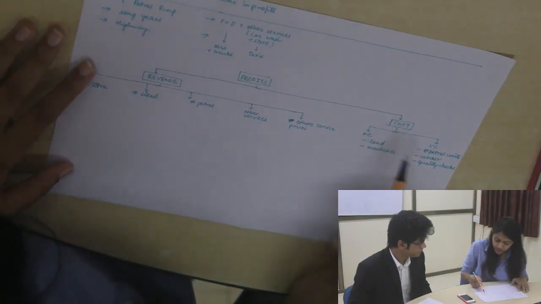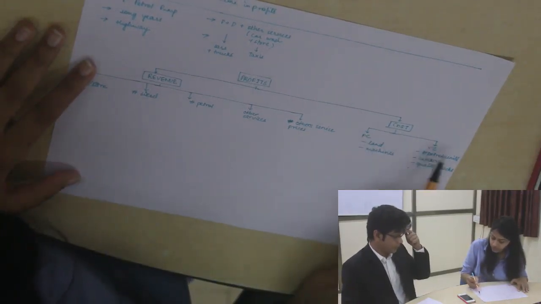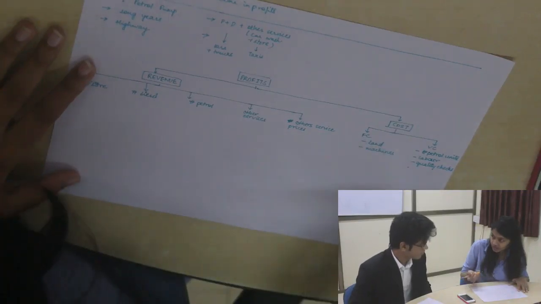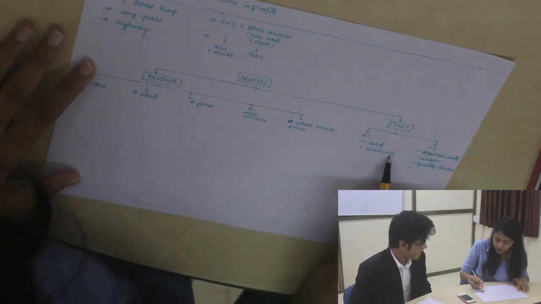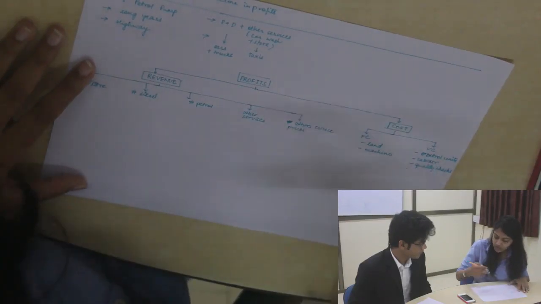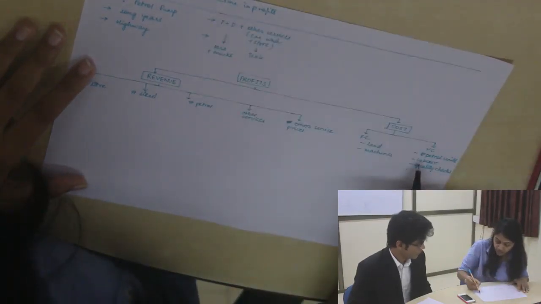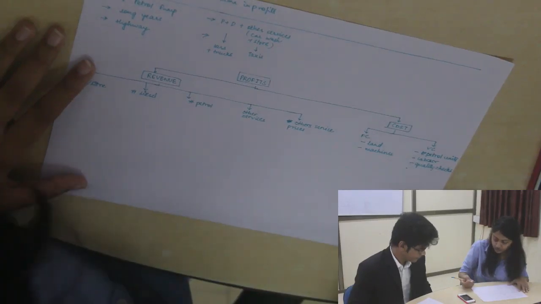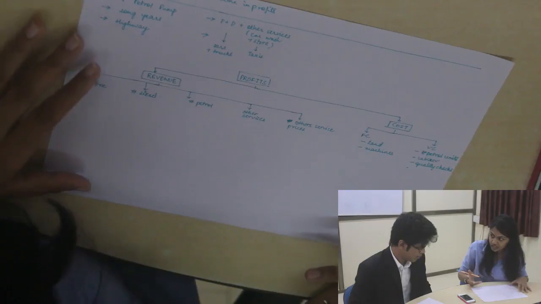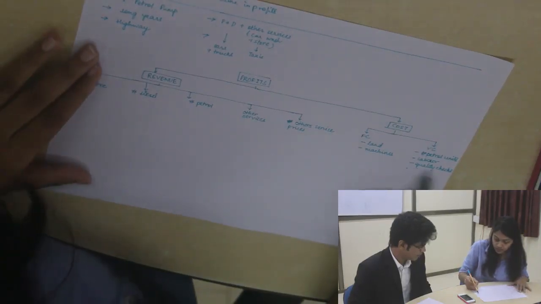I've divided cost further into fixed cost and variable cost. The fixed cost would be the land rent and the machines, how many machines they're using. The variable cost would be how much they're paying to the company from which they're buying, and how much labor they have employed. And because it's petrol, they would need to do some quality checks at certain points of time. So this is another thing.